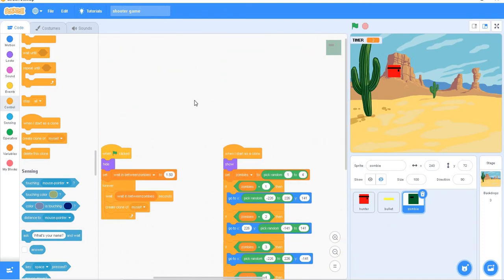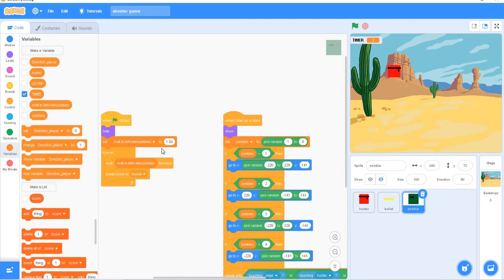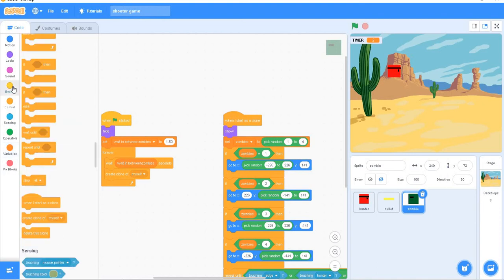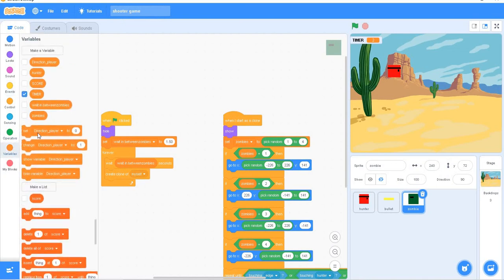So you have to make another variable named wait in between zombies, and then put when flag clicked and then the hide command, and then set wait in between zombies to 1.50. I prefer this because it controls the zombie speed, and if you want to increase it you can.